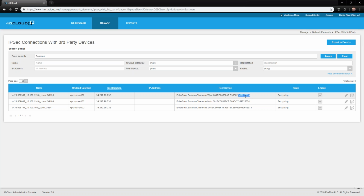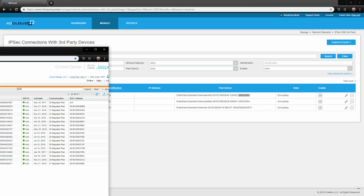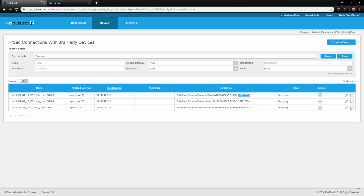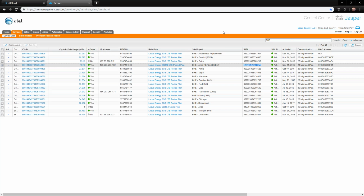The IMEI is really nice in terms of cross-referencing connections on a cellular carrier network like AT&T. So if you, for some reason, have a cell modem and you really don't know what it's associated with, of course it's going to have some sort of IMEI record on EOD. You can actually pull that up pretty easily on FortiCloud. So if I were to say, look, I have no site name or partner associated with it, but I know the site is active,